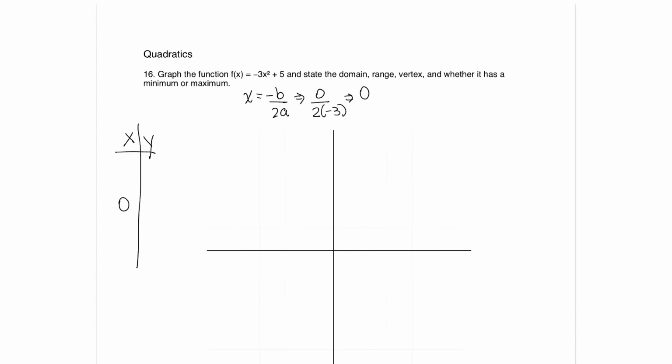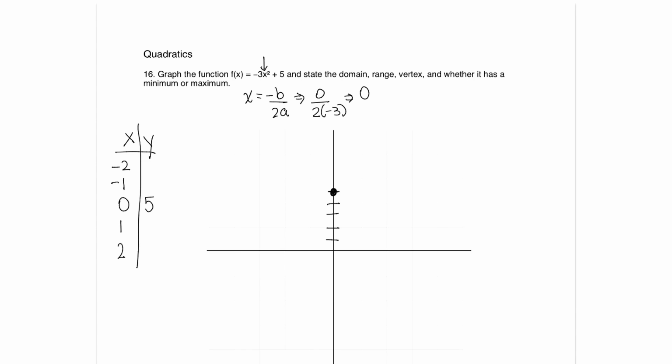Then, when we plug 0 back in to get y, this x would be a 0, which means that our y value would be 5. Now, what that means is that there is no horizontal translation, and our vertex is going to occur at 0, 5. What I'm going to do is pick 2 points on either side of 0,